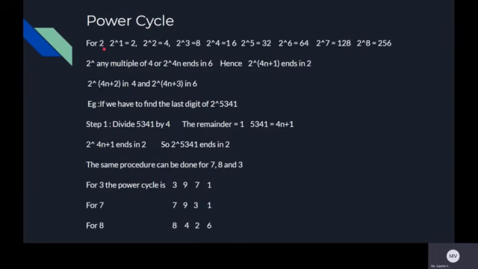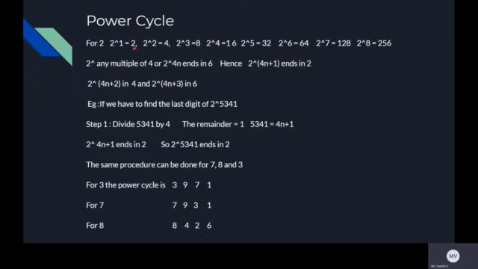For example, look at this 2. 2 raised to 1 is 2. 2 raised to 2 is 4. 2 raised to 3 is 8 and 2 raised to 4 is 16. Again, 2 raised to 5, just look at the last digits. Observe the last digits. So we have 2, 4, 8, 6. Take a look at 2 raised to 5, again 2, 2 raised to 6 is 4, 2 raised to 7 is 8, 2 raised to 8 is 6. So it is following a pattern. Every 4 numbers, the pattern repeats. The pattern of last digits is what I am talking about.